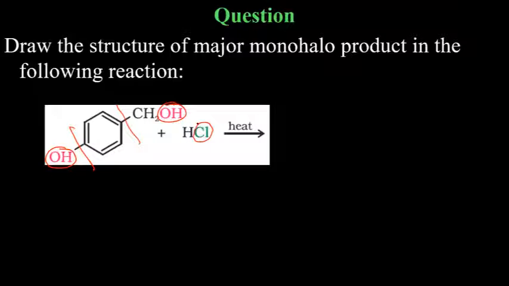Chlorine will replace OH group. That is something you already know. But which OH group will it replace? Which one is easier? This one is not easier to remove because there is partial double bond character. But this one can be removed